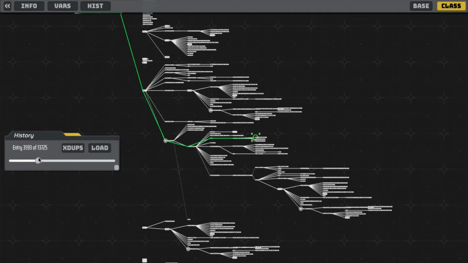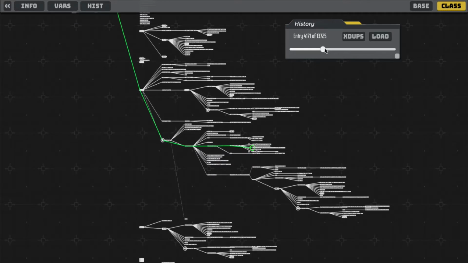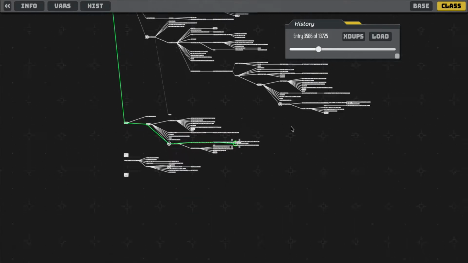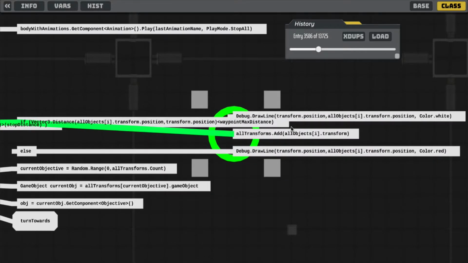The green lines here indicate the current path into the code. And that's it. I can stop it at any point, I can run it back and forth. I can fast forward to the end of the time that I recorded. I can stop it anywhere in between. Hit the letter F to zoom in on the current node, and I can see that it's telling me it's